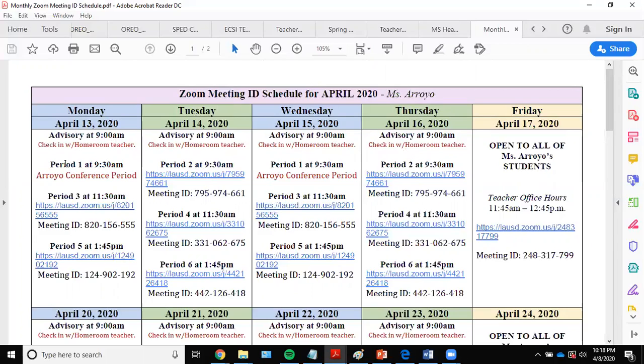Then you're going to go to your period 1. I don't have a period 1, that's my conference period, so I didn't post any kind of information or links like I did over here because I don't have a class. But you would be going to your period 1 at 9:30 and meeting over Zoom with that teacher or whatever way that they prefer. So let's go ahead, and my very first Zoom meeting will be with my period 3